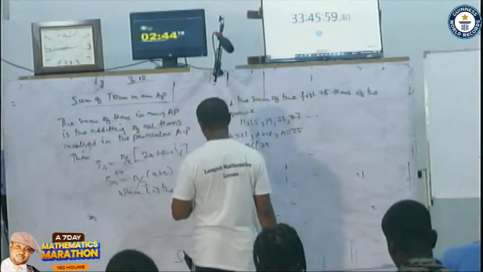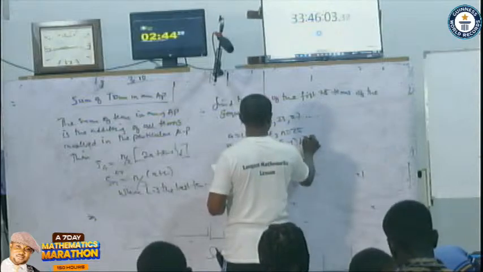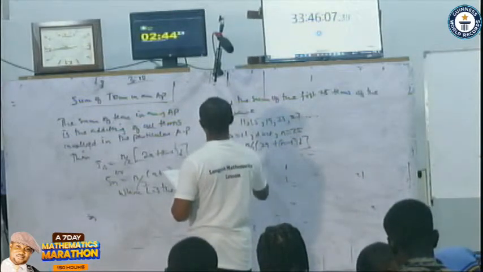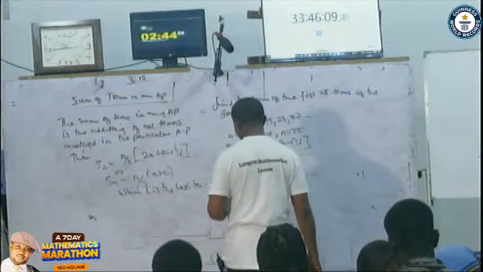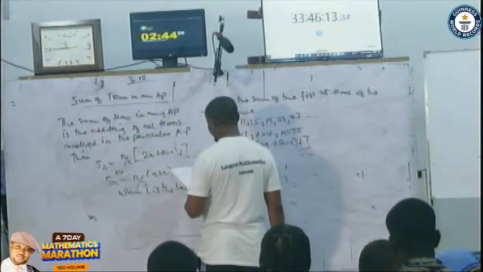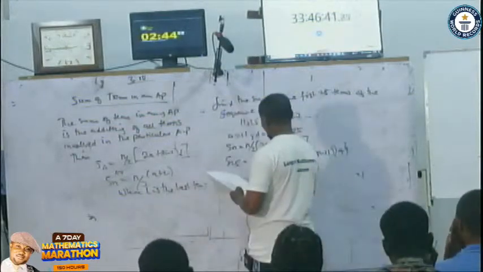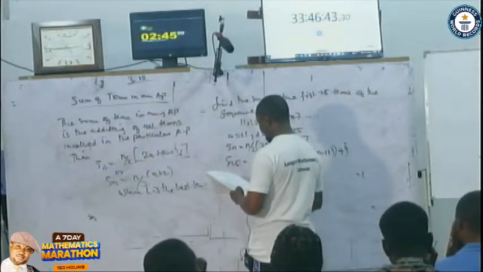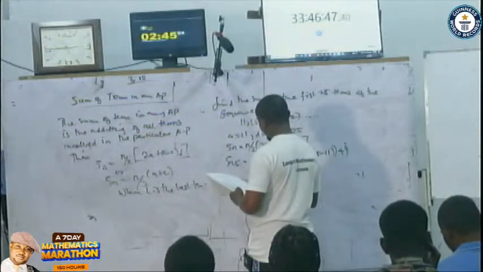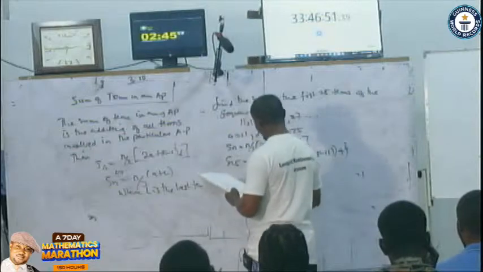So you have n over 2 times 2A plus (n minus 1) D. Therefore my S25 will now be 25 over 2, so that will now be